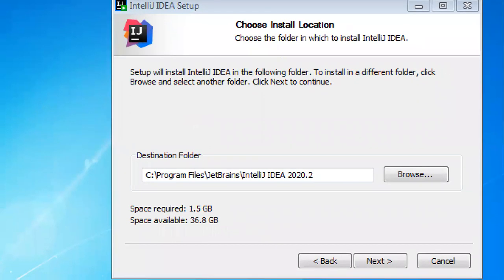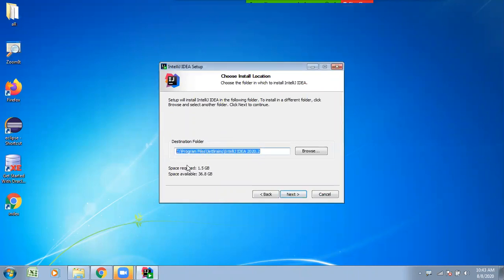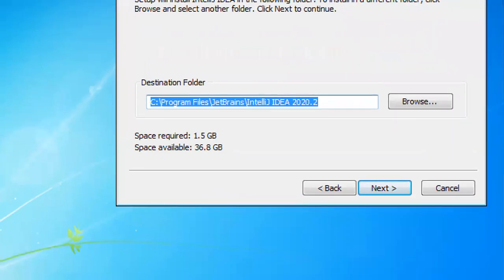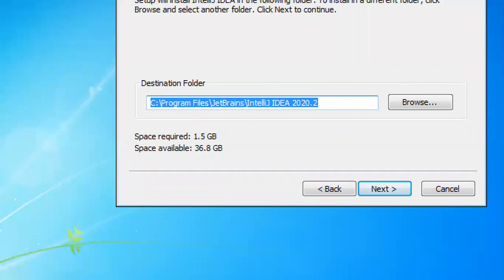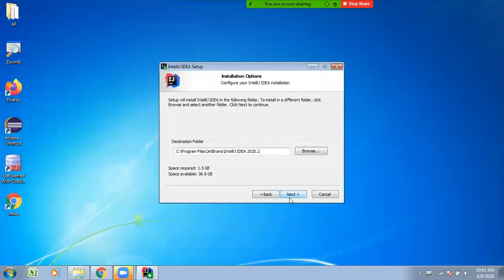By default, it saves to C drive program files, so the structure is created automatically. The required space is 1.5 GB in the hard disk drive. If there is a lot of space available on my hard disk drive, no issue. Click on next.